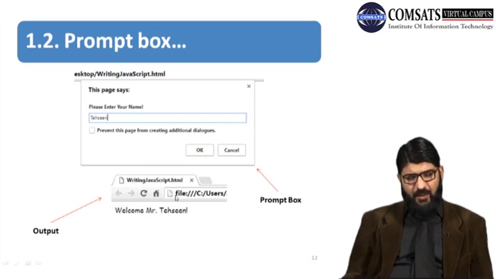The output is shown in this way: welcome Mr. and my name is given with a sign of exclamation. So this is basically the prompt box where two options, OK or Cancel, are given, and on giving a valid name, when the OK button is pressed, this output will be shown.